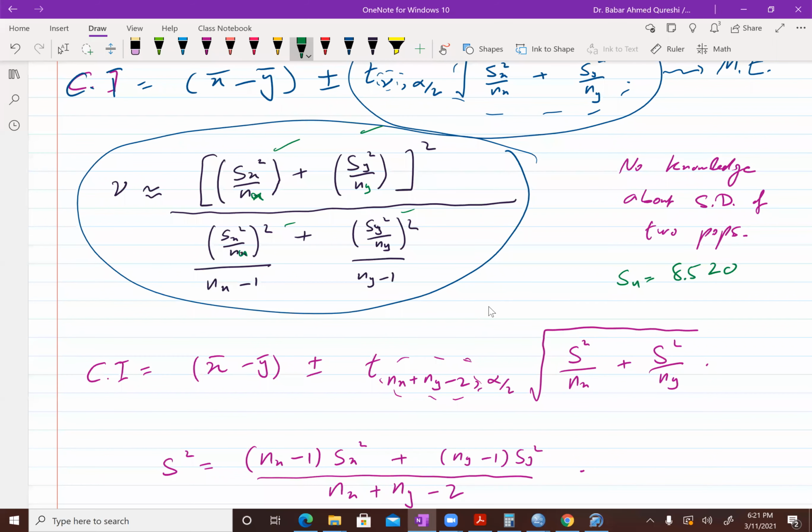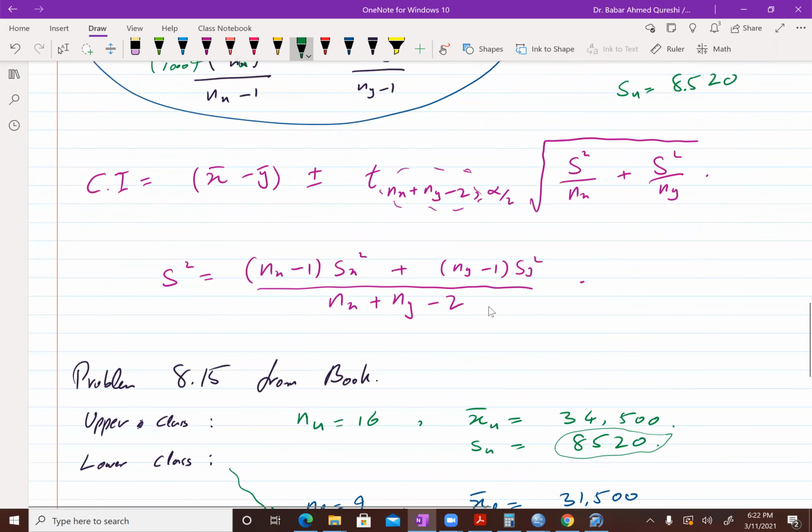If I divide, for example, by 1000 to the 4, then this 1000 can go in over here, because then I have 2 squares, so they can come over here. And I have divided upstairs, so I can also divide downstairs. And I have 4 powers over here, so this will go below over here. And then when I divide 8520 by 1000, I get 8.52. So I can just use 8.52.